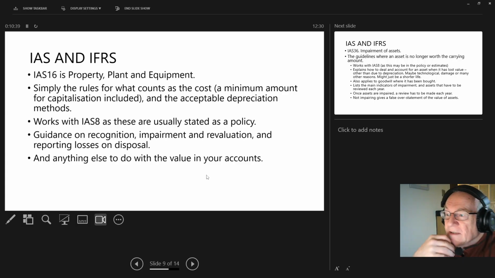Next international accounting standard coming up, it's a separate one. Property often goes up in value, so we need to revalue after a time. And then also how we report the losses on disposal. You will possibly do the calculations. Something in our books for £10,000 was sold for £8,000. It's a £2,000 loss. Where do we report it? That loss didn't really happen when we disposed of it. That loss really belongs to the last 3 or 4 years when we've owned it under the accruals concept, but we can only report it once we know the numbers. Anything else to do with the value in our accounts of non-current assets, that is.